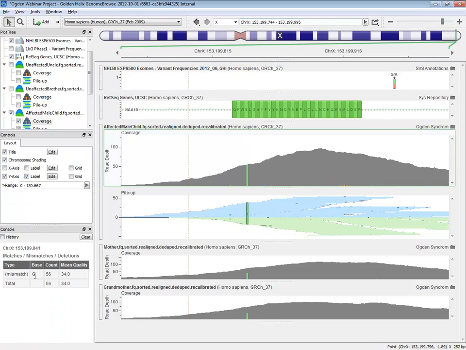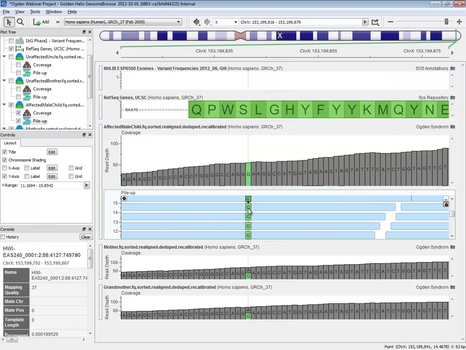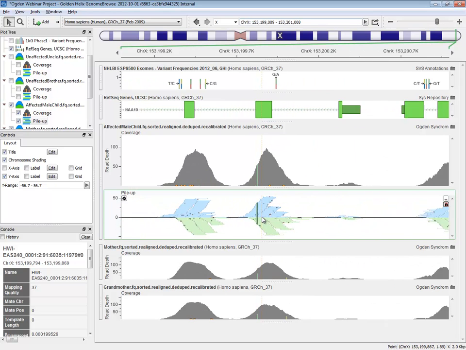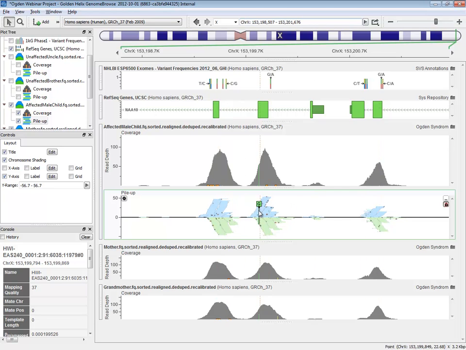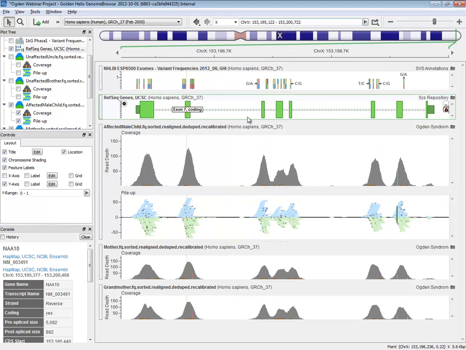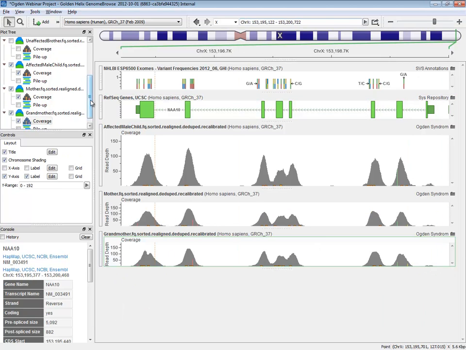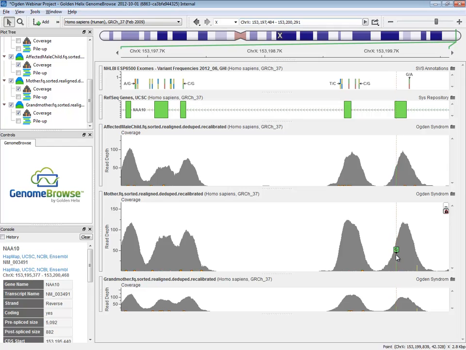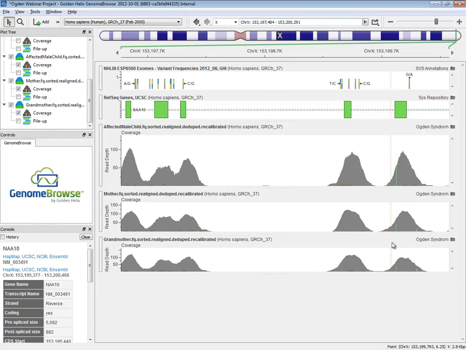We have 56 reads supporting the G. There's nothing else that would imply that this is a read we wouldn't trust. I can zoom into the base level and see the individual reads, and it's very clean. There's reads above and below the strand. I could zoom out and see the alternative exons. In fact, let's go ahead and zoom out to the entire gene level, and you can see there's no other variants for this sample. I'm going to go ahead and hide its pileup and show just that we have the mother and the grandmother, which are essentially in a carrier state. Those variants are showing up clearly as heterozygous, as we would expect. So the variant calling looks very clean here.